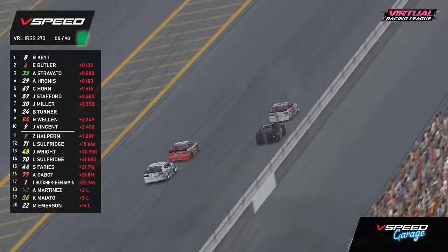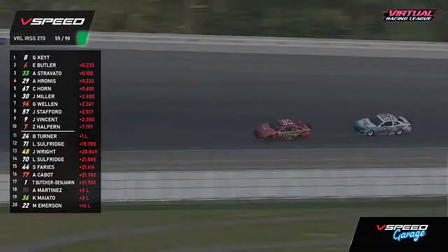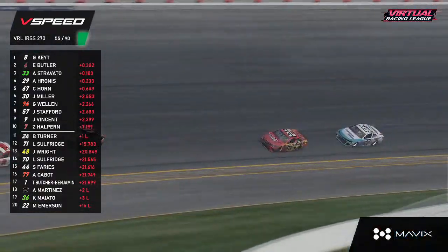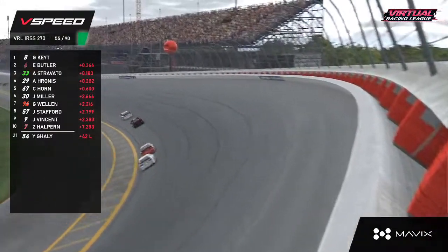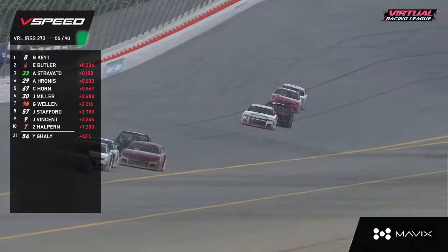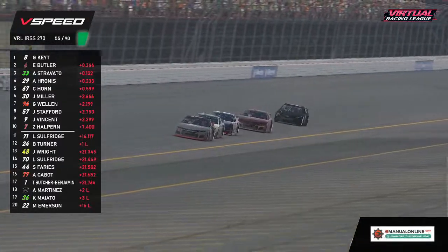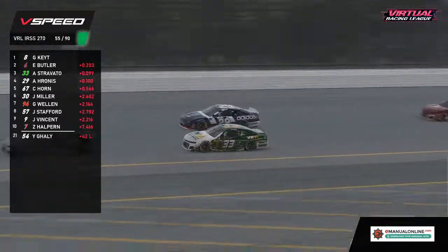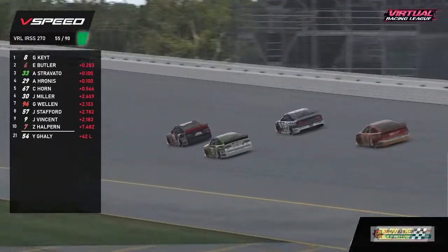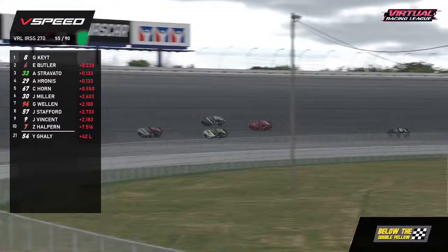And that is going to send these two all the way back here with Jeremiah Vincent and Greg Wellen, and that could actually be a big benefit to those two. There'll be 4 cars instead of just 2, and they might be able to pull the leaders who also got checked up a little bit from all of that. Angelo Ronas makes a move to the outside. Garrett Kite has taken over the top spot. In the meantime, while all of this went down,